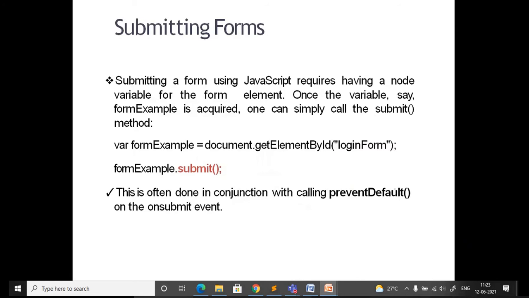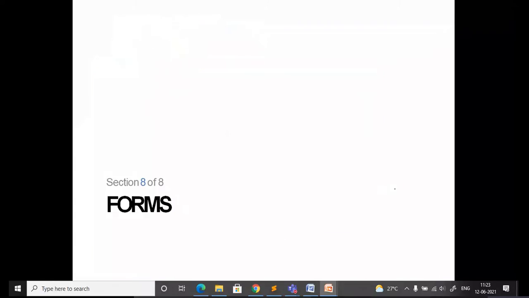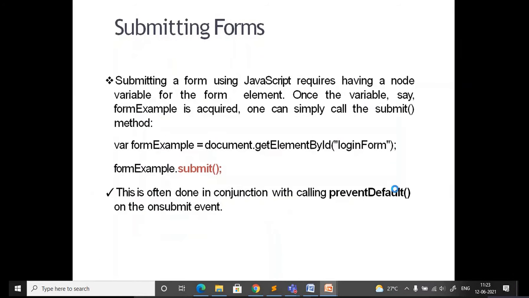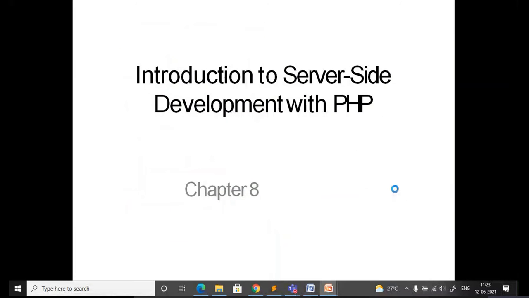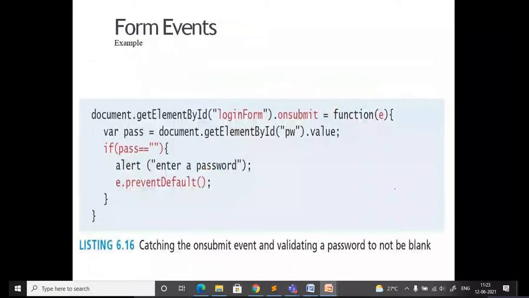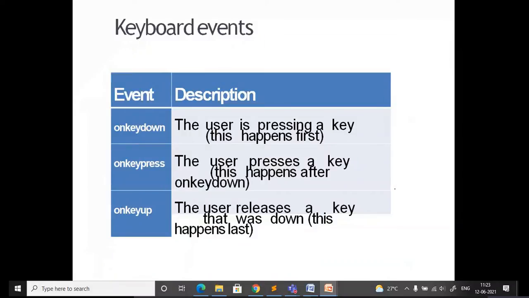So that's all about the JavaScript you learned. In the next class I won't continue with this; I will go with the next chapter, introduction to server side development with PHP. But you people should not just stick to what I explained. You have to explore more when you want to develop any application. This is not enough; try to use more functionality in your code. So let's quickly go to the coding part.